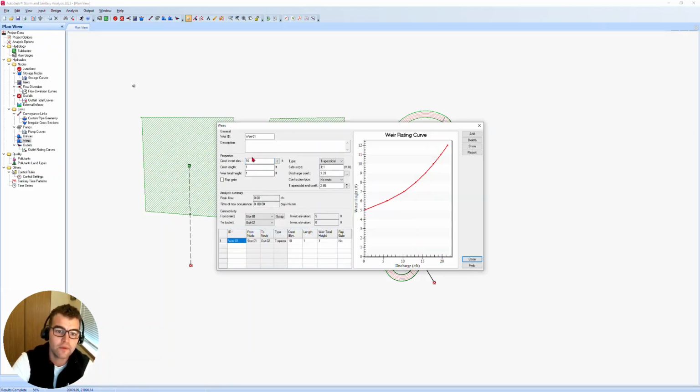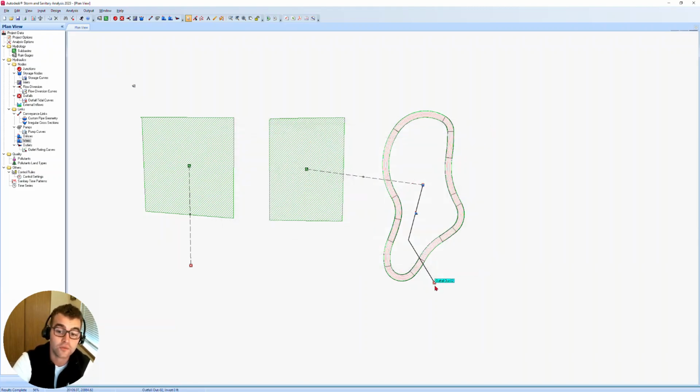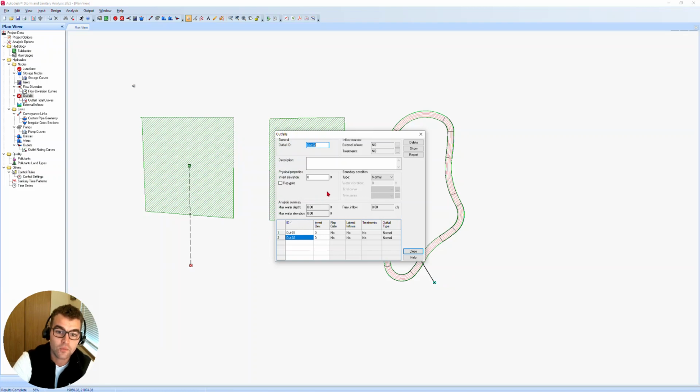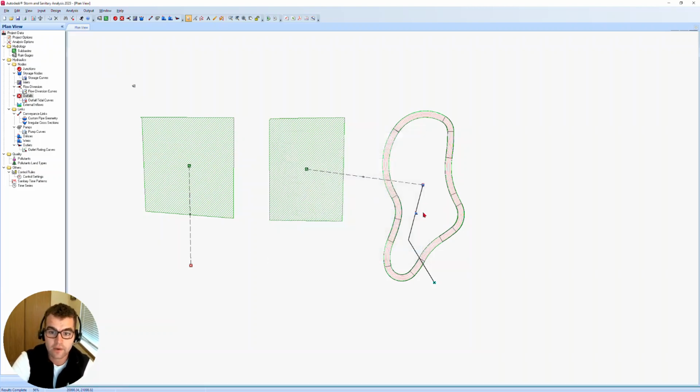All right, cool. Crest elevation 10 feet. Peak flow is 0. We have no flow through that weir. And if we grab this outfall, we'll see no flow through that as well. So no water depth, no peak inflow. So all that water is leaving the subbasin and going directly into the pond and not leaving that pond. All right, now that we have that exfiltration method set at 1 CFS, let's just see